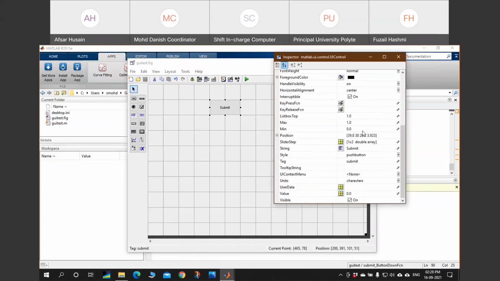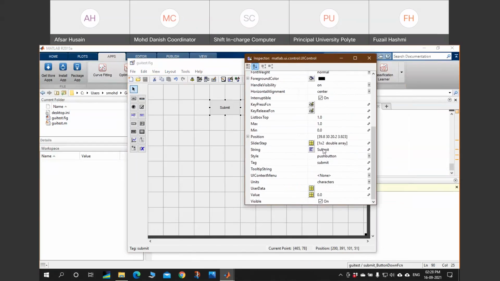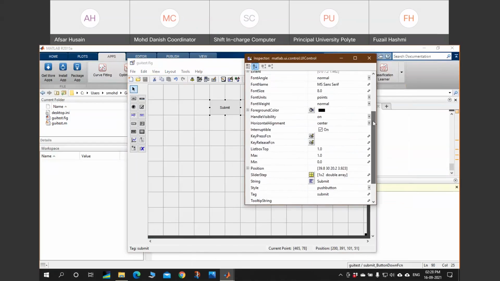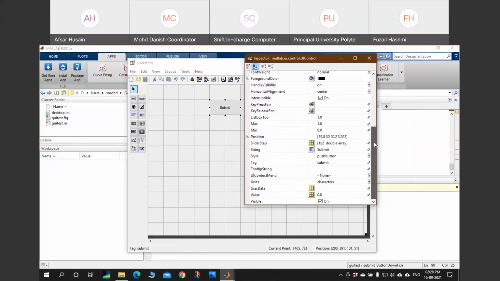So these are the things that we need to edit. First is the type. What type of button is that? If it is a submit button, you name it accordingly, and tag it just to remember what type of function you are creating.